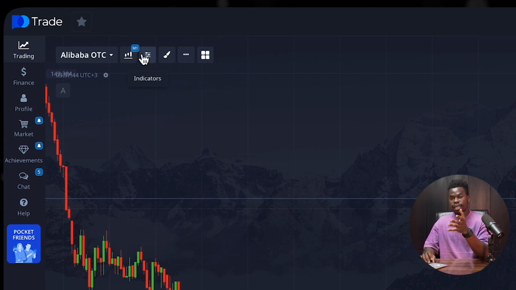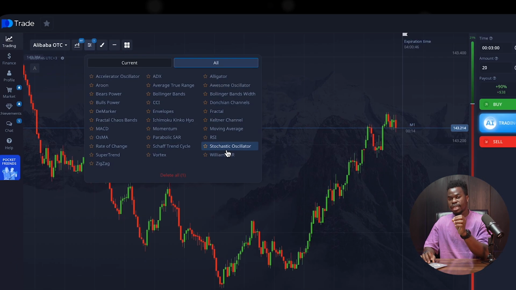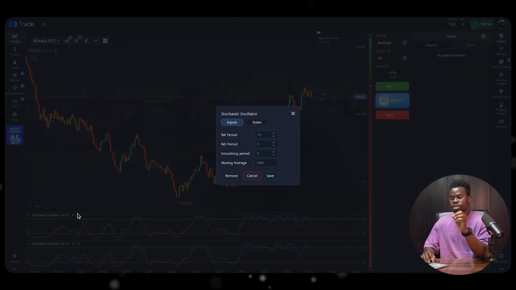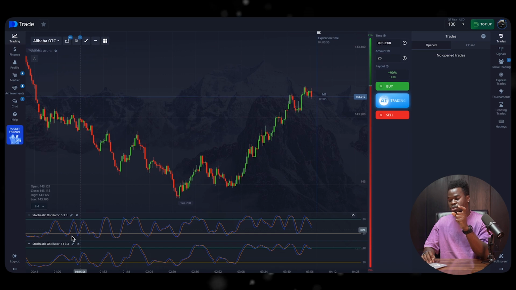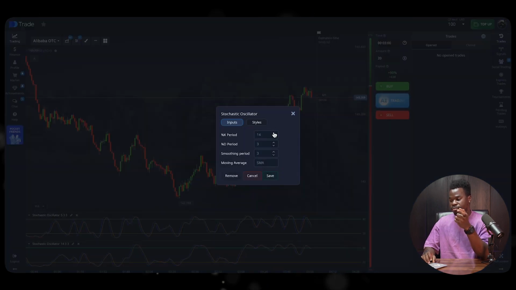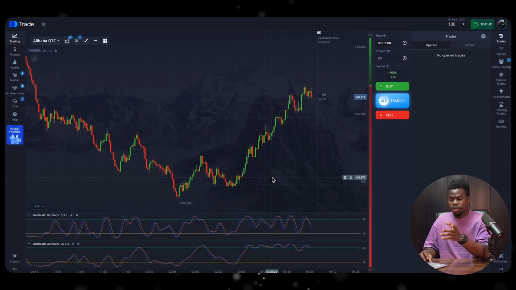To set up the indicators, click on the indicators tab and select stochastic twice. Set the first one to a period of 5 and the second to a period of 20. Why two stochastics? This allows us to see signals both on the short-term and the mid-term trends, increasing the